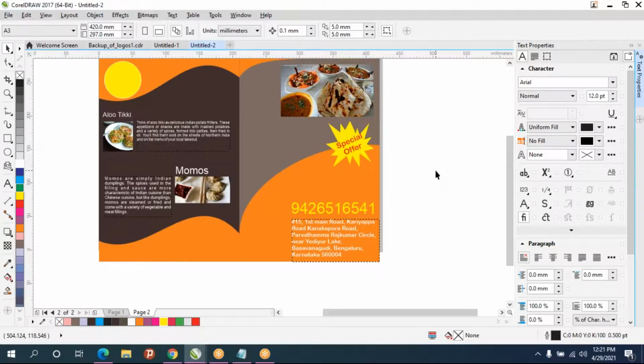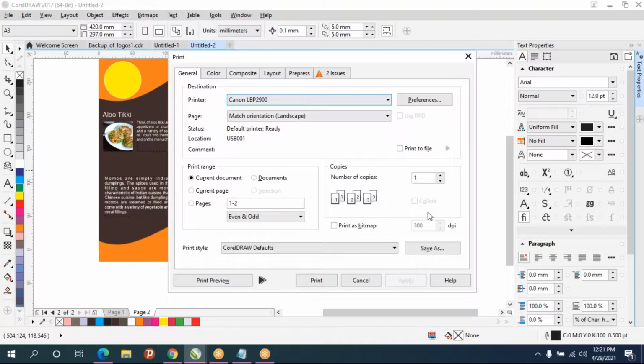You can press Ctrl P for preview, to see how it looks like. After that click on print preview.